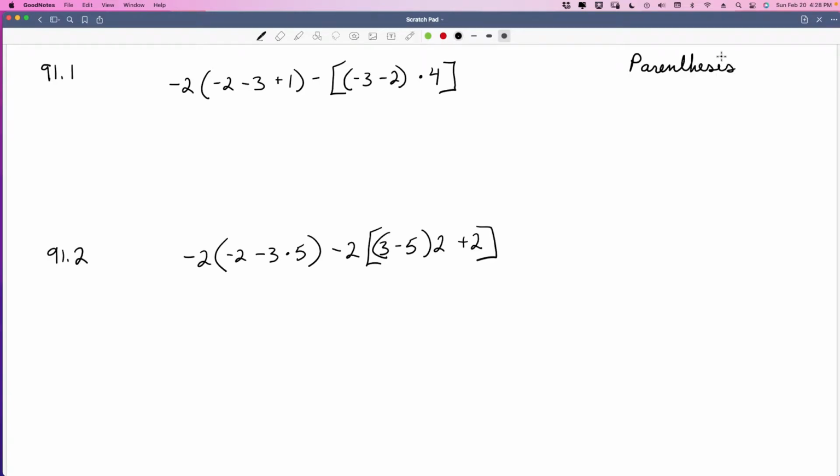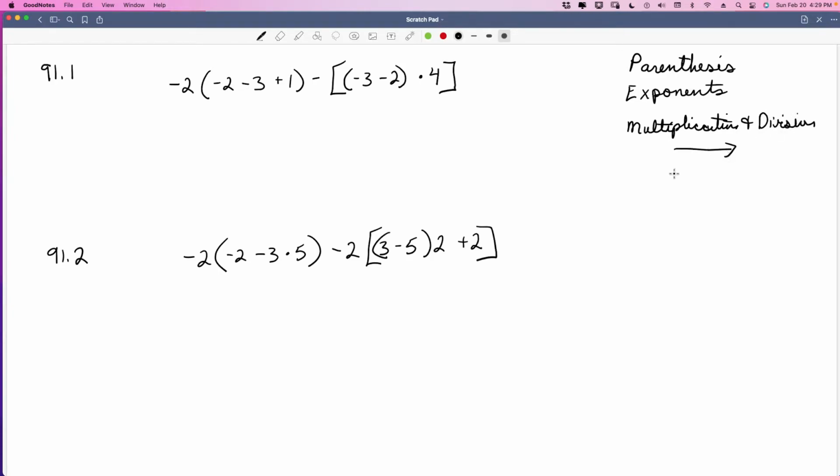Parenthesis. I always have to spell it out or say it as I write it so I can spell it correctly. Then we do exponents. We look within parentheses to find exponents. Unless we have exponents on the outside of something, we do those first. Parenthesis, and then we do multiplication and division